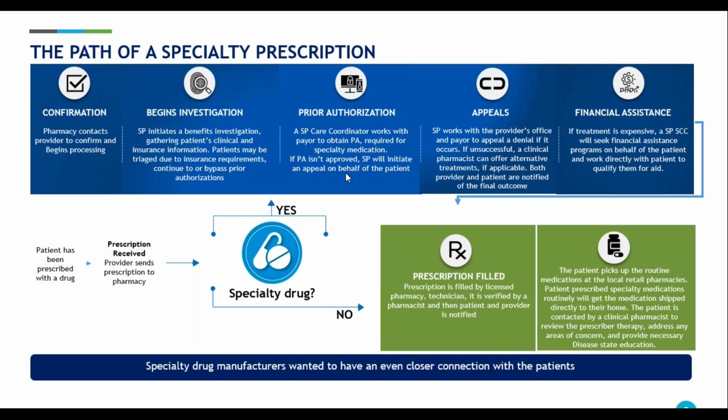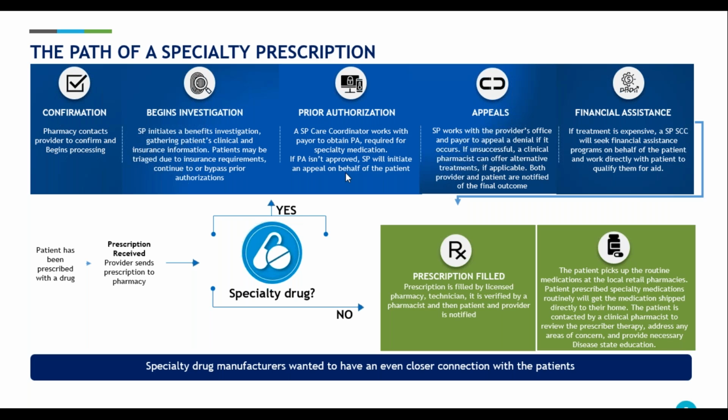So the key process you see is the prior authorization, where a specialty pharmacy care coordinator usually works with the payer, and also with the HCP, to get all the required information filled in the prior authorization form. That form has a lot of information on the patient's disease, how the patient has progressed, and why the drug has been prescribed, as mandated by the payer for that patient. Once they do that paperwork, which has been pretty automated these days with different software,